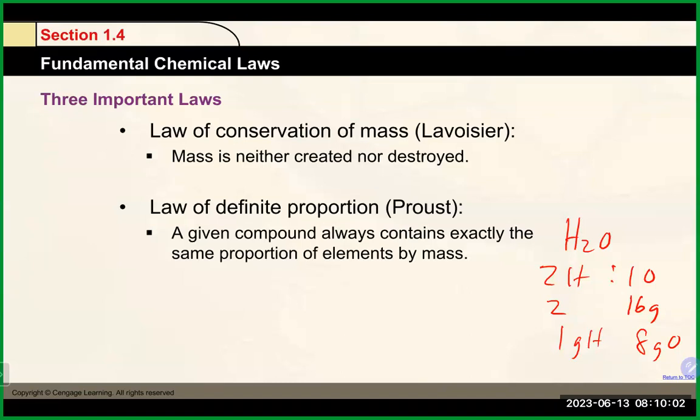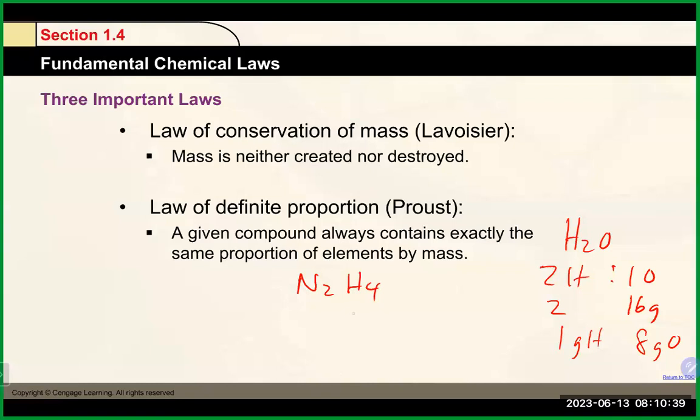Those being the molar masses of each of those elements is where those 16 and 2 times 1.008 come from. So no matter where you get your water, you'll always have that same percentage or ratio of the mass of each of those elements for a particular compound. It doesn't change. Atoms come together in proportions that basically allow them to keep those same ratios. If you had something like